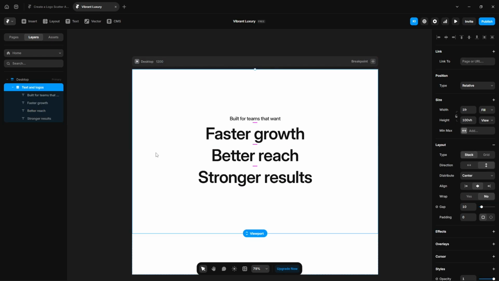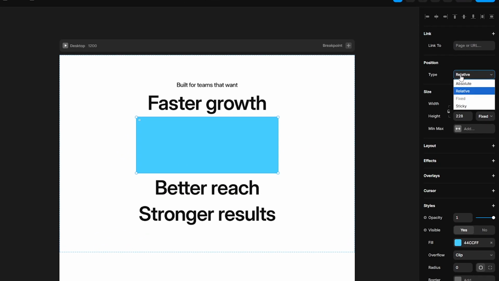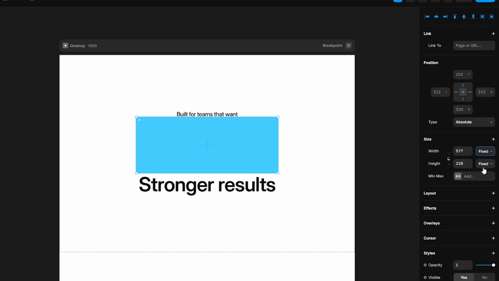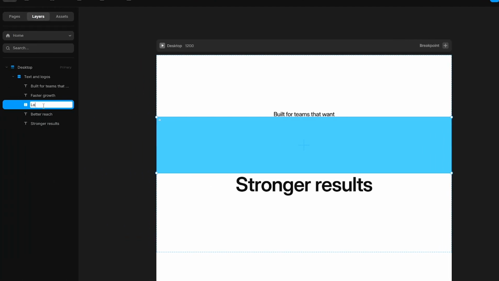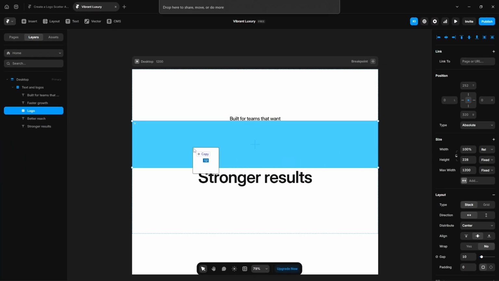Next, again draw a frame. Change the position to absolute, width relative 100%, height leave it like this and add max width 1200 pixel. We will change the height later, make it layout, name it logo, upload our images, drop it here,